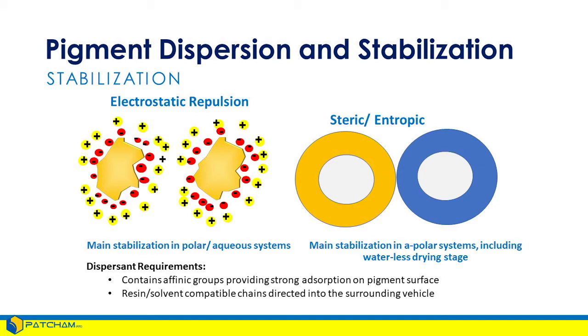On the right-hand side, in the case of solvent-borne systems, what we do is put a polymeric envelope around each one of these individual particles. Now, the requirement in solvent-borne systems has always been that the dispersant molecule must be soluble and compatible in the continuous phase. And if it's soluble in the continuous phase, that polymer chain can relax and uncoil and extend out into the liquid medium because it's happy there. So when these two pigment particles come close together, that polymeric envelope around them, those polymer tails, bump into each other.